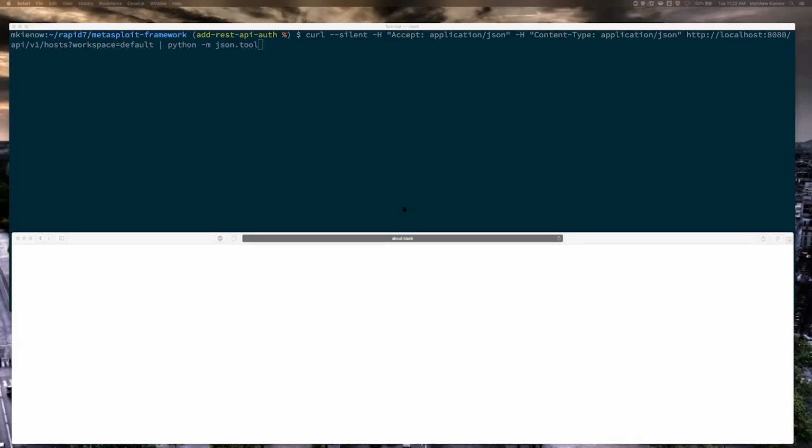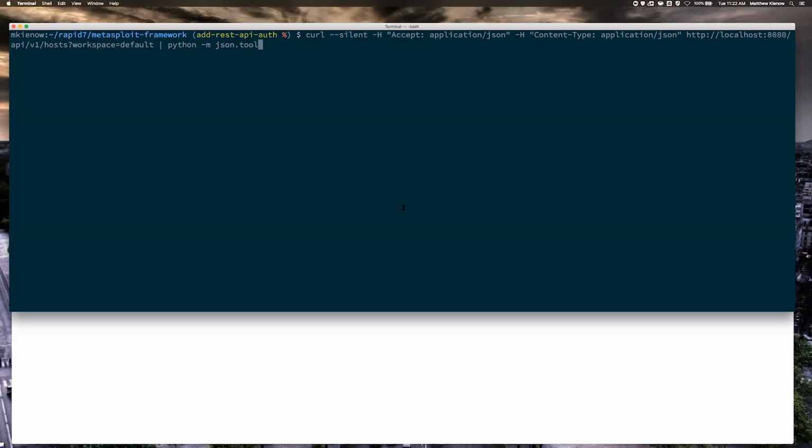Yes, sir. All right, so Goliath moves forward. What we are moving towards now is providing authentication on top of the REST service. We don't want anyone just to be able to access this data, especially due to the nature of the data people can gather using Metasploit. So just a quick demonstration from the REST API standpoint. We've probably demoed this in the past, so just simply requesting the hosts from the REST endpoint, except for now you're going to be prompted with an authentication error because we haven't authenticated to this